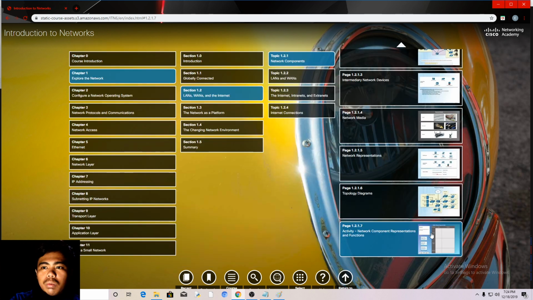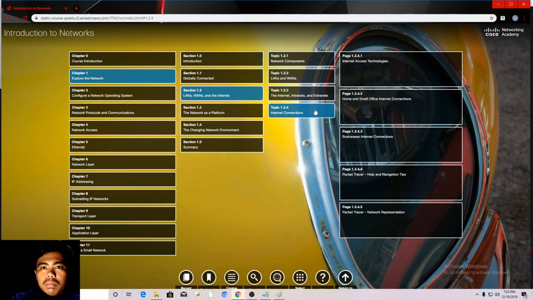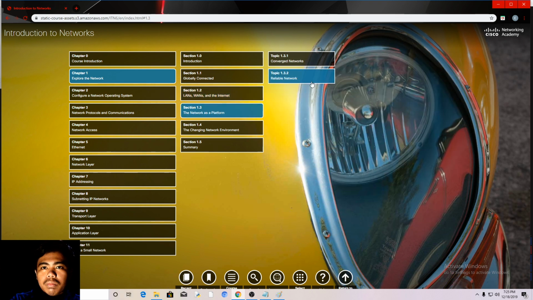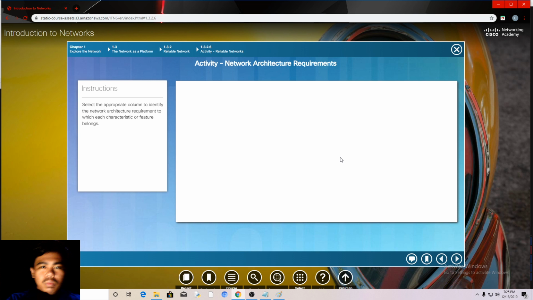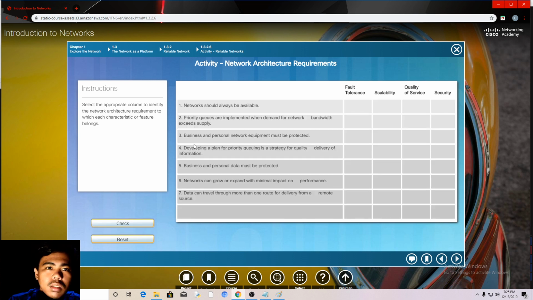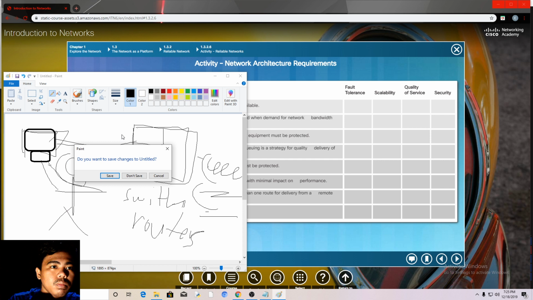Okay, let's go for the next activity. So here's our next activity. We have what we call network architecture requirements. We have fault tolerance, scalability, quality of service, and security. So as part of this, for example,